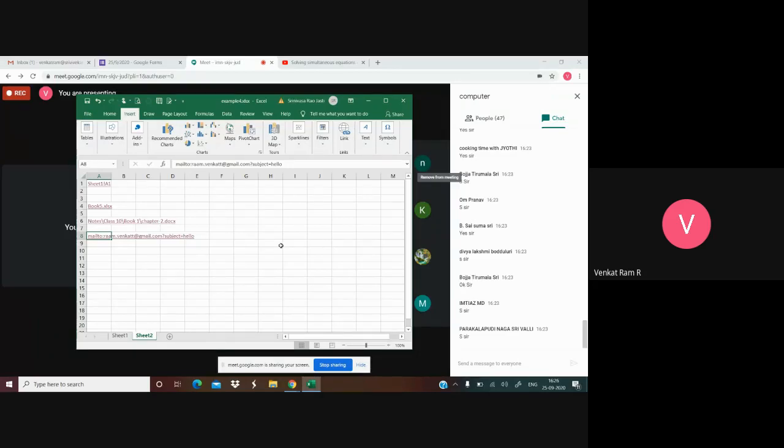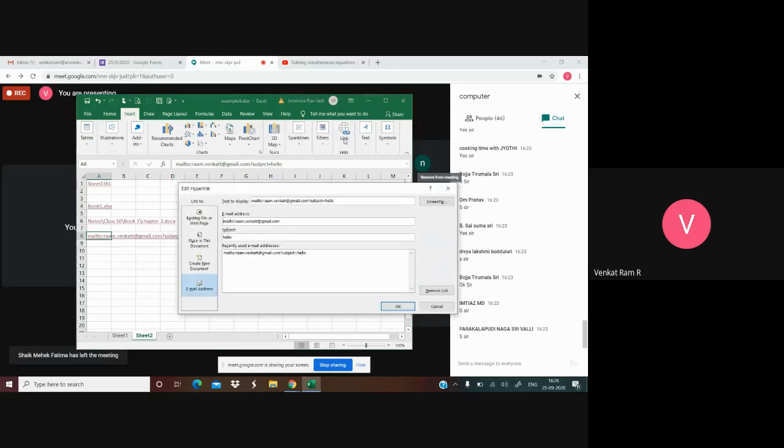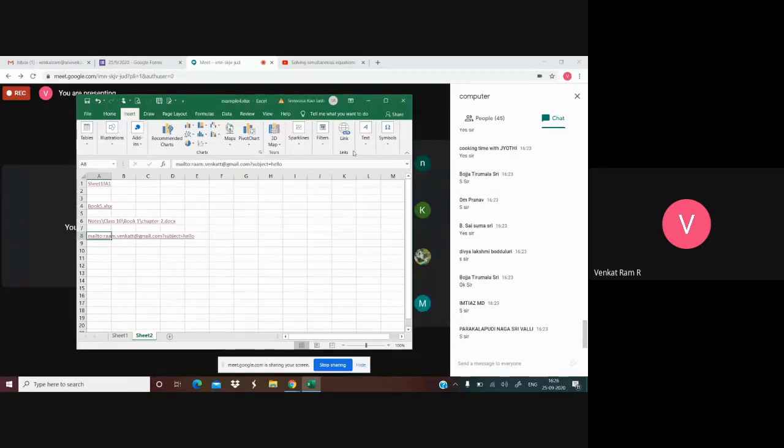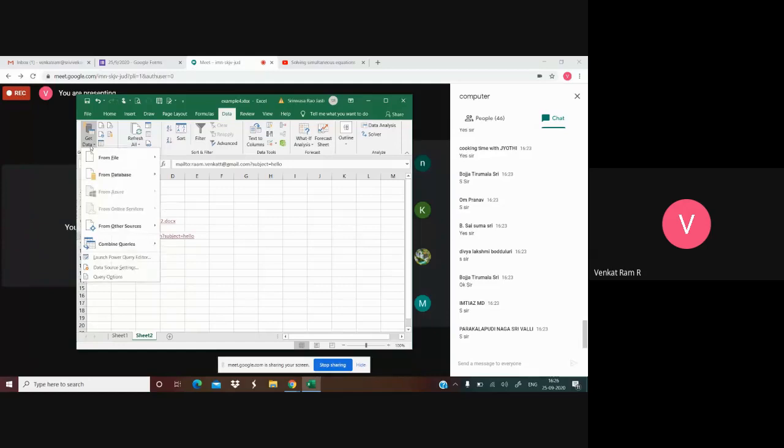And how can you import from others? See here, link. From other data, if you want, go to data. See here, get data from file, from workbook.